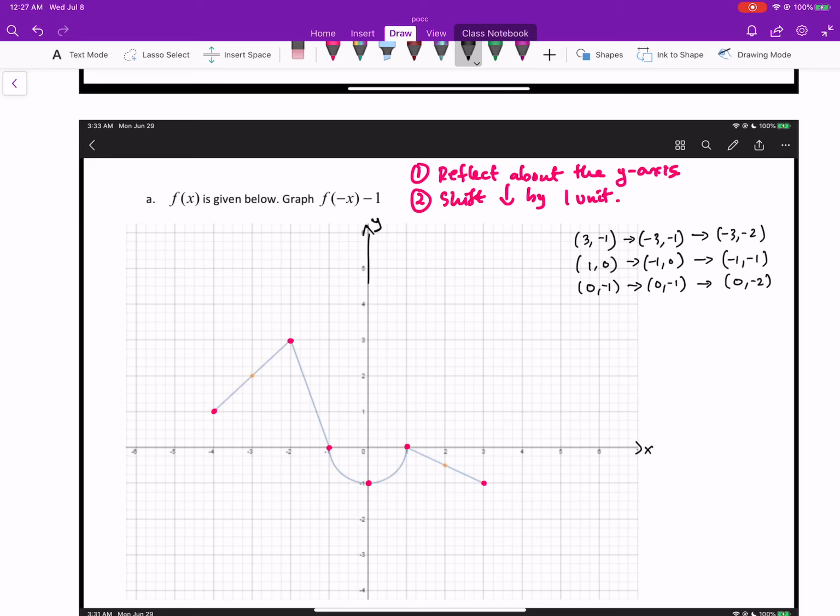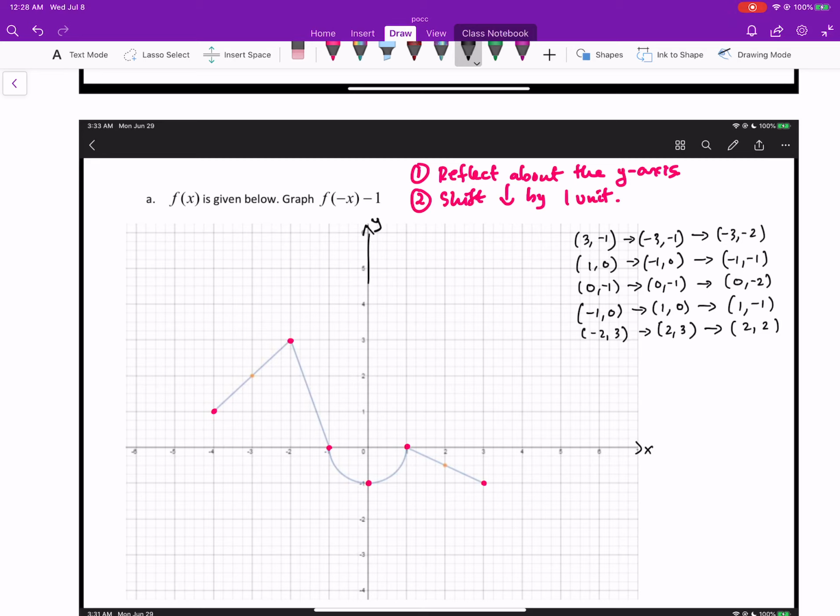And then if I go to the next point, it's negative 1 comma 0. So when I reflect about the y-axis, I end up getting 1 comma 0. And then if I shift it down by 1, I get 1 comma negative 1. And then I have the next point, which is negative 2, 3. And if I reflect about the y-axis, I end up getting 2, 3, and then I'm going to move it down by 1, so I get 2,